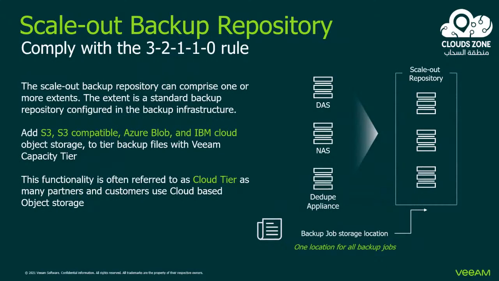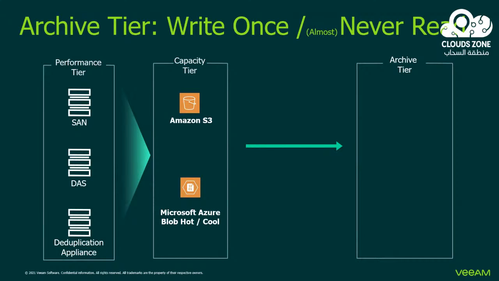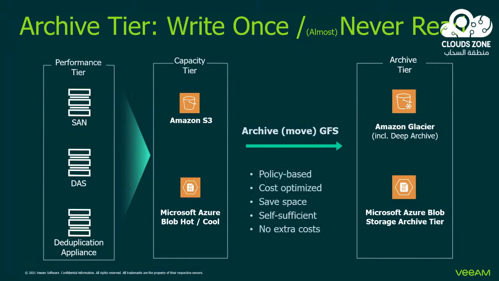So again, we have another feature, which is the scale out backup repository, which is a really unique feature. It is a software defined storage. It's about having a pool of storages designed into 3 tiers, and those tiers would be a performance tier, and this performance tier can include any backup storage available in your environment that you can utilize. So whether it's SAN storage, DAS storage, deduplication appliance, any storage that you can add to this performance